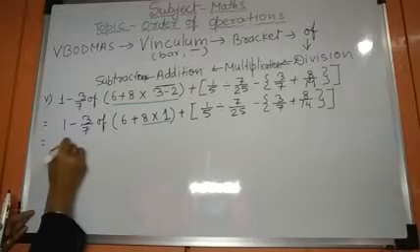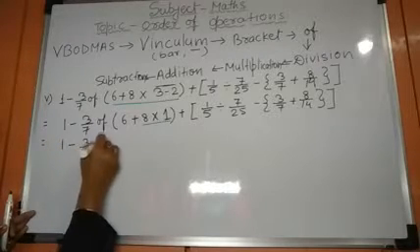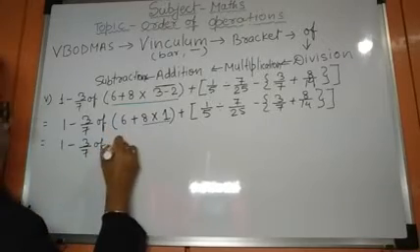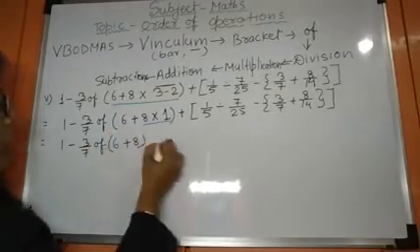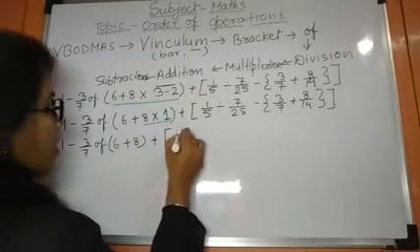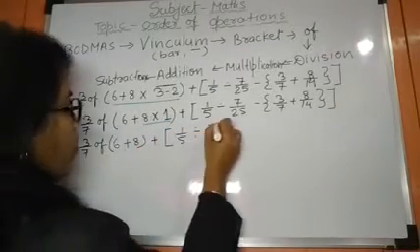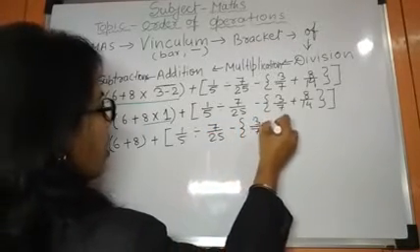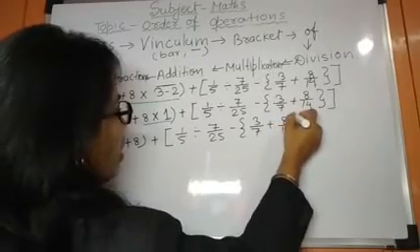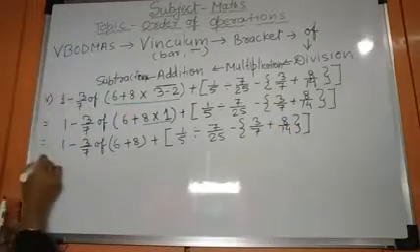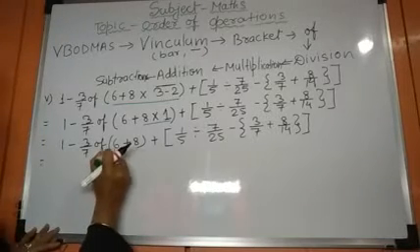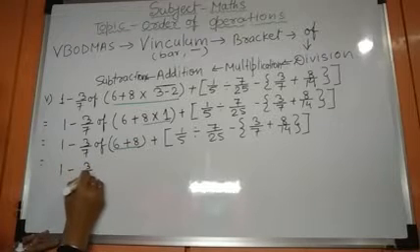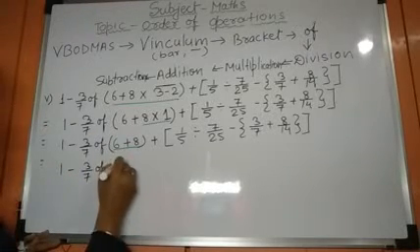So here, 1 minus 3 upon 7 of (6 plus 8) is under the bracket, and the remaining all stays as it is: 1 upon 5 divided by 7 upon 25 minus (3 upon 7 plus 8 upon 14), and the bracket closed. Now 6 plus 8, 14, that work we will do first. So 1 minus 3 upon 7 of (6 plus 8, 14).